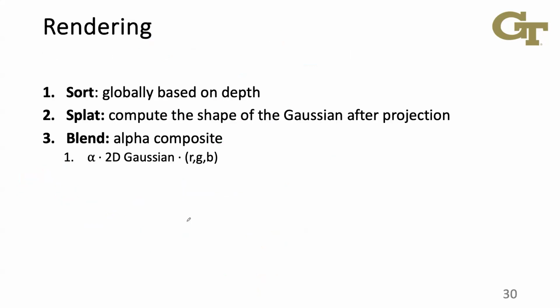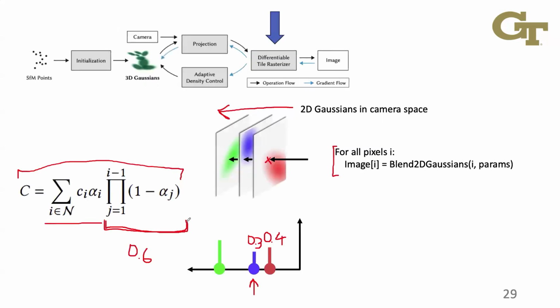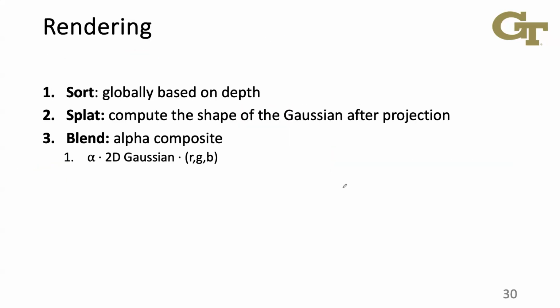OK, so the rendering part. 3D Gaussian splats are just a bunch of numbers. We have a bunch of positions and a bunch of rotations floating around in space, and these are not sorted. When you have your array of positions, it's not a sorted array, so you have no idea which one is in front of the other when you want to iterate through them in this for loop. So you need to do